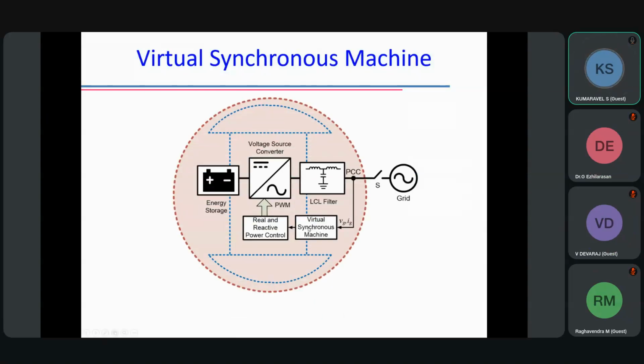In fact, I have used AI applications in the power system domain, particularly to promote renewable energy sources. Here, what you see is called a virtual synchronous machine. I think all electrical engineers definitely know what a synchronous machine is. A synchronous machine has 3 windings in the stator and a rotating magnet in the rotor. If it is a permanent magnet, you know it is a PMSG. If it is an electromagnet, it will be a salient pole or smooth cylindrical pole. We know very well about the alternator, the synchronous machine.